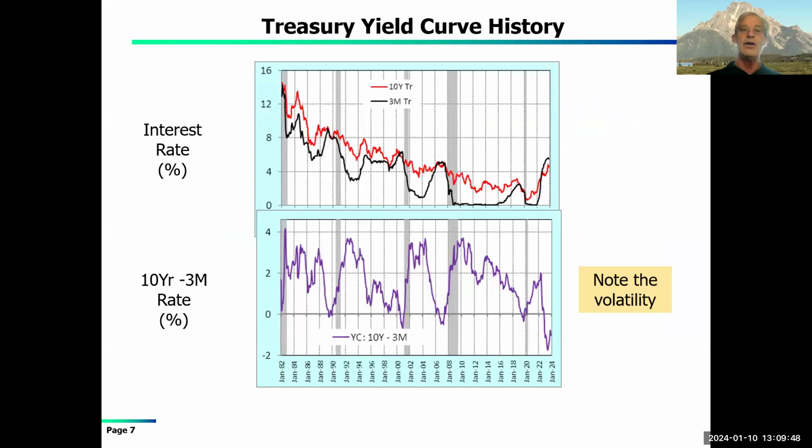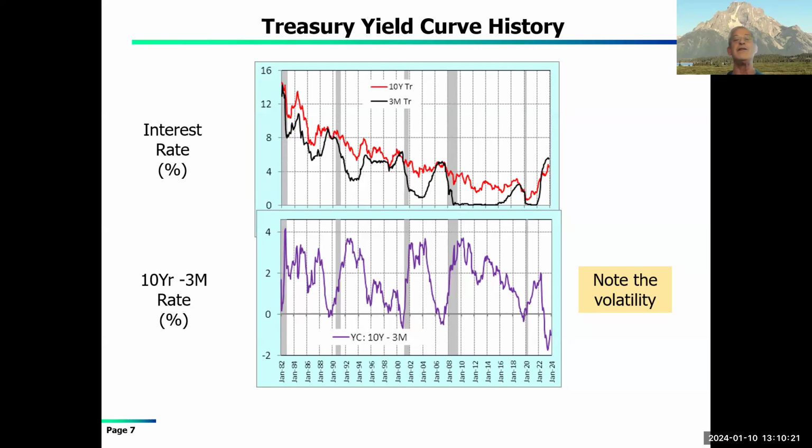Turning to interest rates, most of the time when I talk about interest rates, I'm going to be talking about three things. One is the black line at the top. That is the Fed funds rate. That is the rate that is literally controlled by the Federal Reserve since December 2008. The red line is a 10-year Treasury bond. That represents the rate on Treasury bonds.